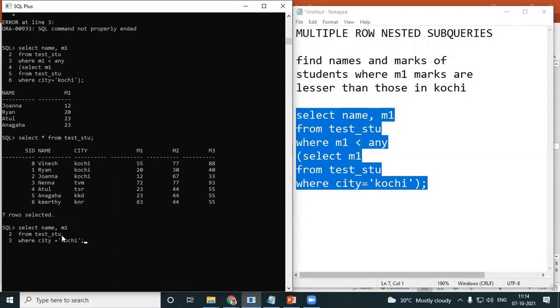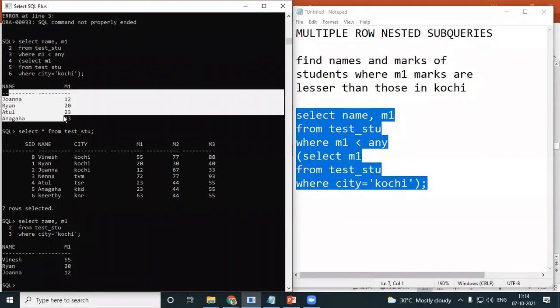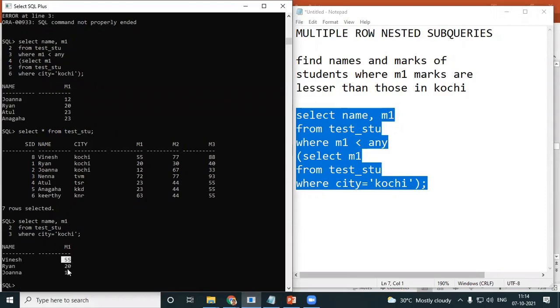Name not needed. Yeah, city is equal to Kochi. Okay, let's see. This is the answer which I got. I'm just going to cross verify. For Kochi, I have 55, 20, and 12.